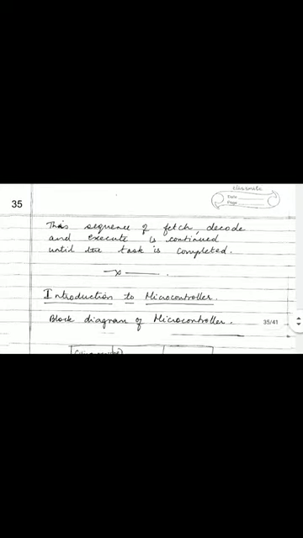Various conditions of the result are stored in the flag registers, as we already discussed: carry flag, zero flag, auxiliary carry flag, parity flag, like that. Thus the decoded instructions are executed. This sequence of fetch, decode and execute is continued until the task is completed. So that's all about the 8085 microprocessor.